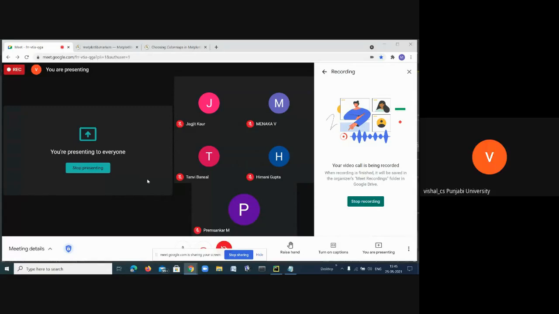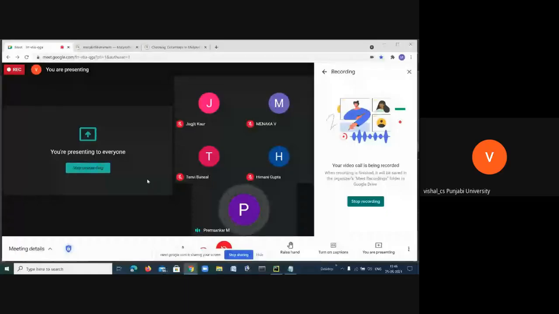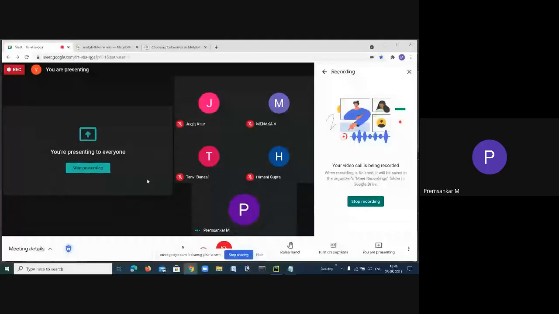Sir, there is no error showing, but the graph is also not displaying. The process finished with exit code 0. Okay, you write plot dot show. Have you written that? Yes, sir, got it, sir. Thank you, sir. No issue. You send me the graph. Everybody send me the graph.